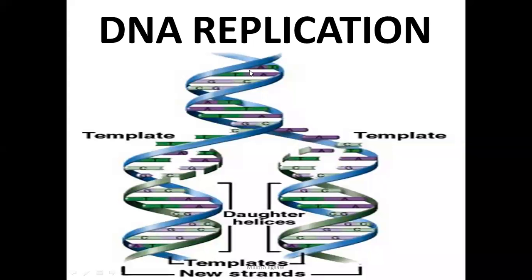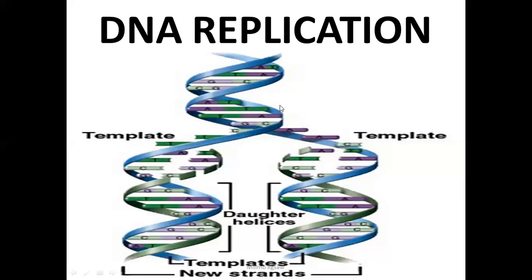So, DNA replication. For DNA replication, the objectives that we need to achieve by the end of the study are that we are supposed to be able to cite evidence that two scientists